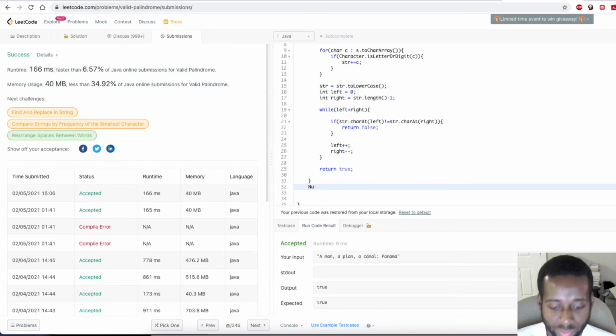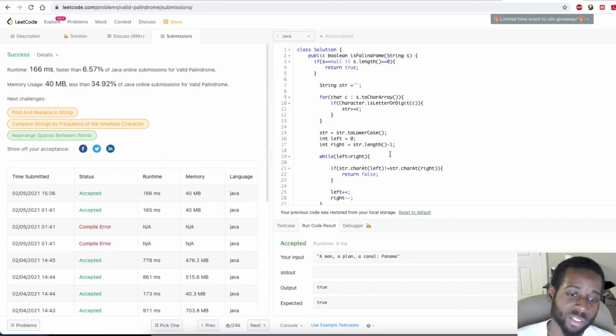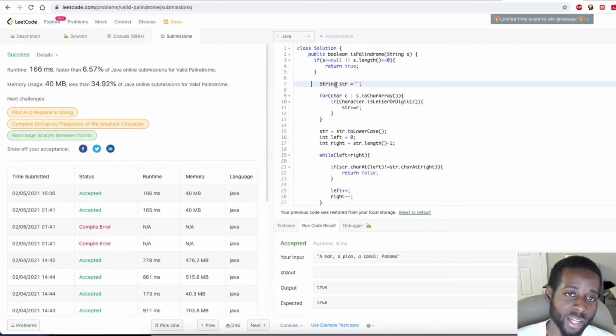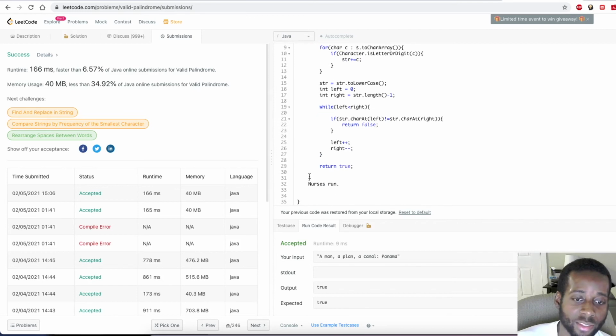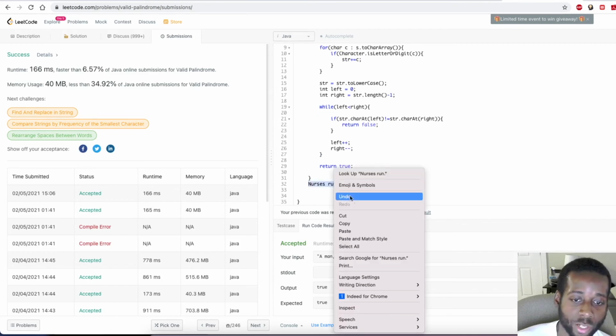So let me run this example real quick. Nurses run. So these are the steps that are going on. Right now we get this string to help us. That's the string that's going to filter out all the other characters: the spaces, the semicolons, the commas. We're going to ignore those, and we're only going to append to the string only the alphanumeric characters, pretty much a letter or a digit. So in this example, for nurses run,